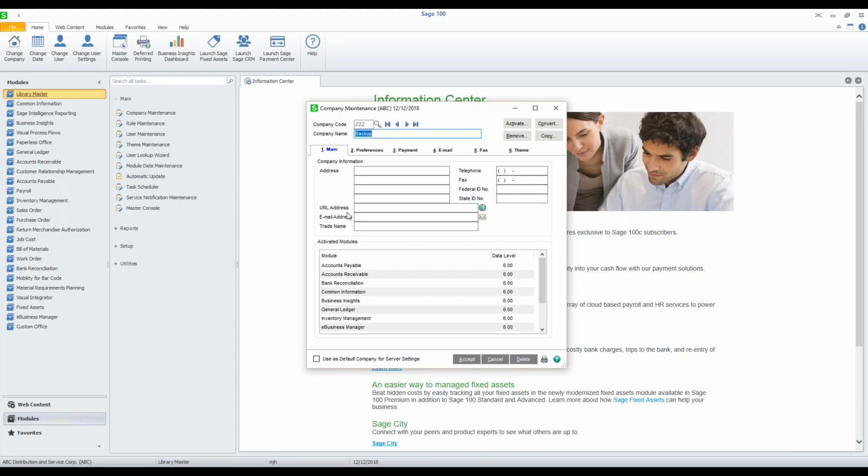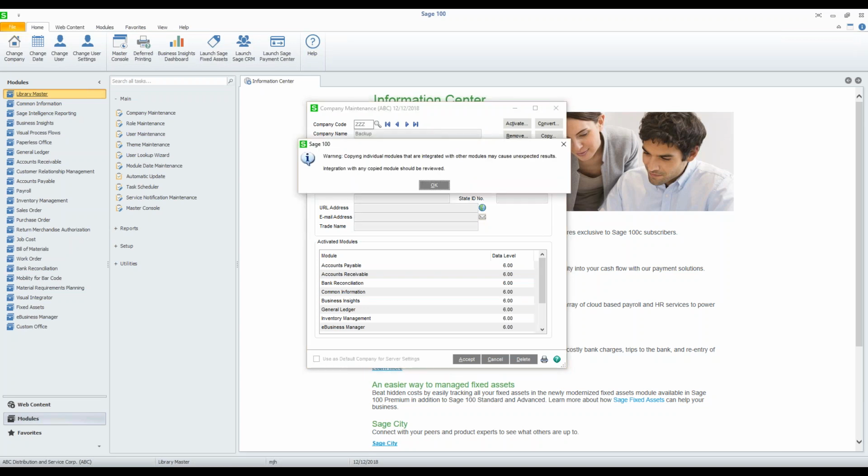The company information doesn't come over and does not get copied over when you make a copy of a company. So if you're going to make a backup for a purpose that you need to print forms and reports, you probably will want to fill this information in. We're going to select the copy function,